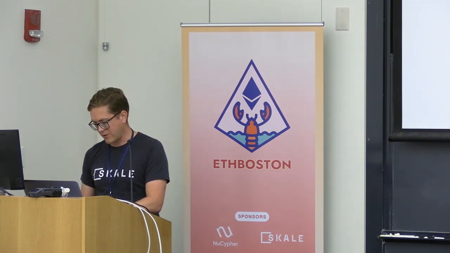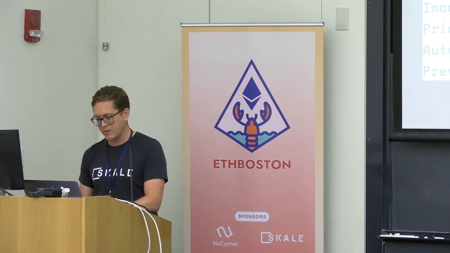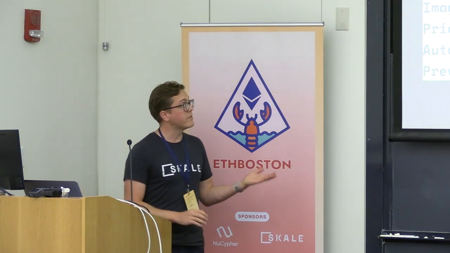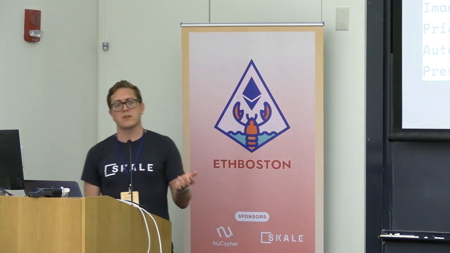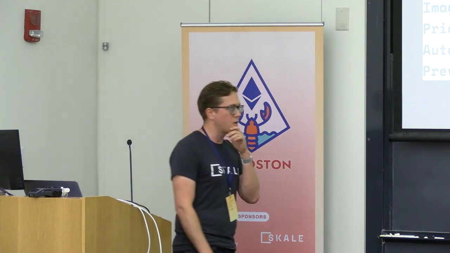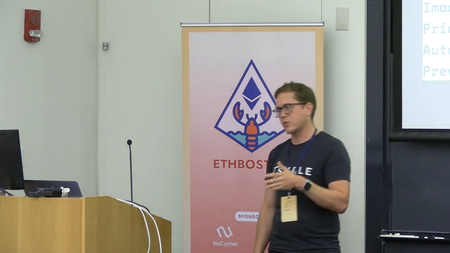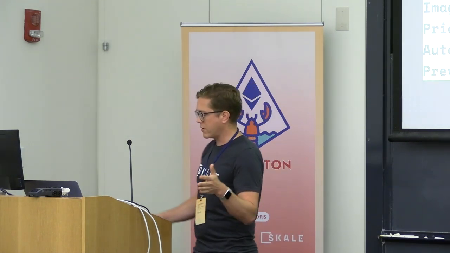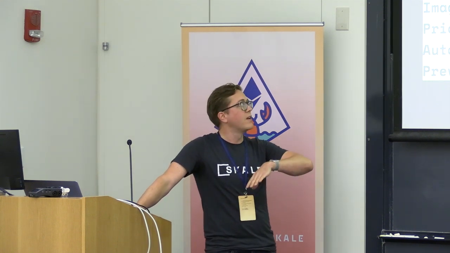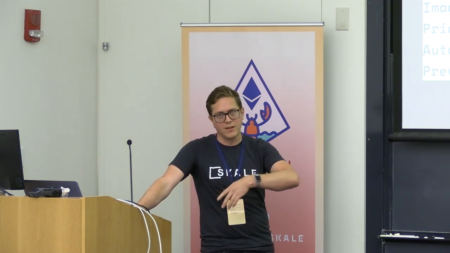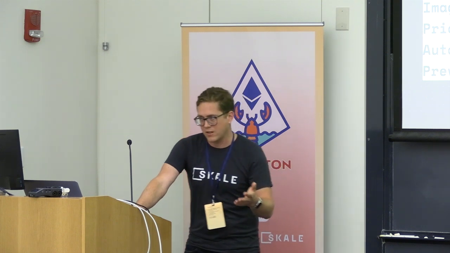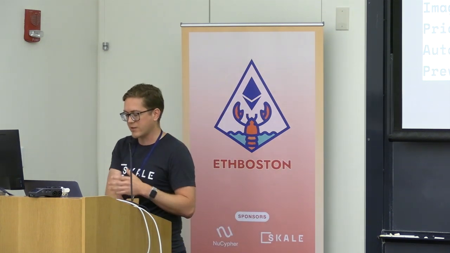So what can you do with this? What are some other examples? Well, these are just a few that we've thought of. Perhaps fraud detection. Maybe you have some multi-sig wallet that's combined with SKALE ML, that's using some sort of fraud detection layer, looking for transactions or different wallet addresses that are coming into your contract. And maybe you've trained it in such a way that if there's a repeated transaction or a different sequence of events, you can actually reject that transaction from coming into the multi-sig wallet.